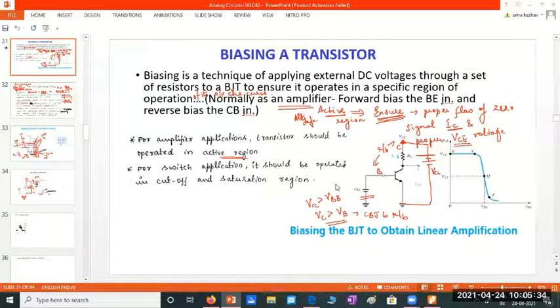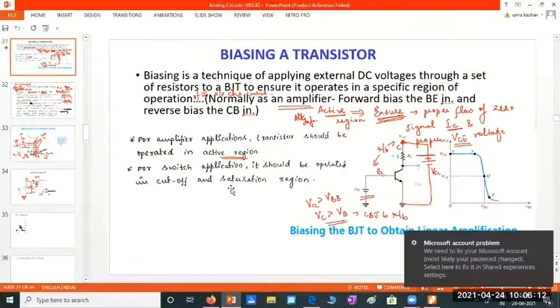And in the active region, the base emitter junction should be forward biased and the base collector junction should be reverse biased. So remember that. For that, what do we do for a transistor whose emitter is common? We call this the common emitter configuration. In a transistor in a common emitter configuration, we connect a power supply VBB to the base junction and another DC power supply, VCC, to the collector. Usually this is how we would connect.